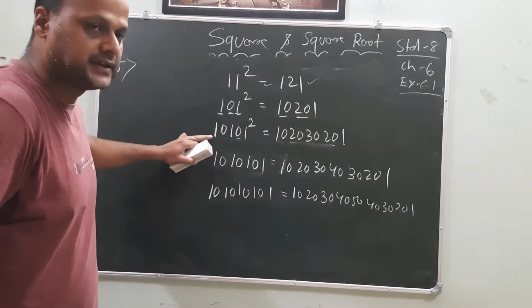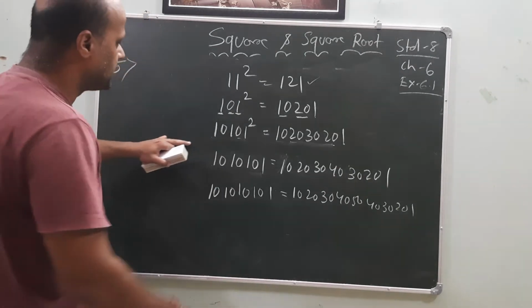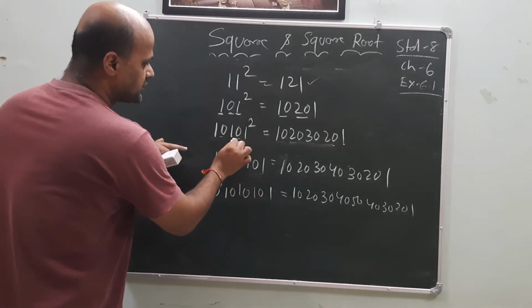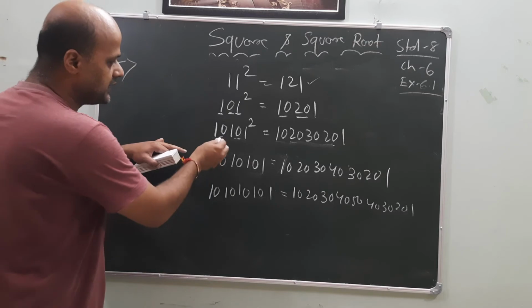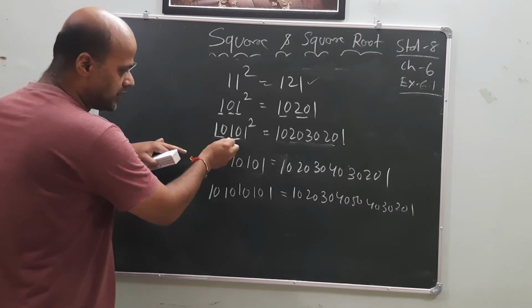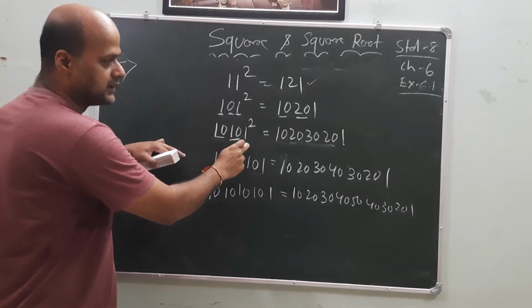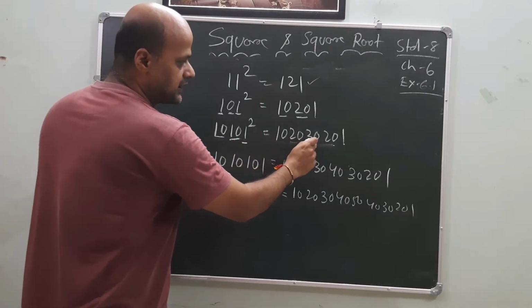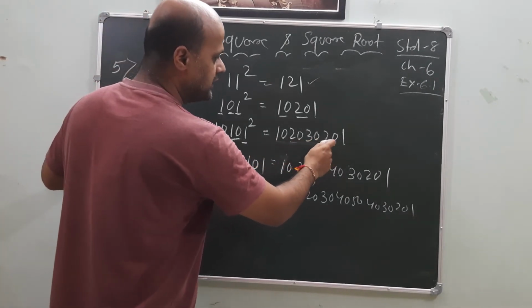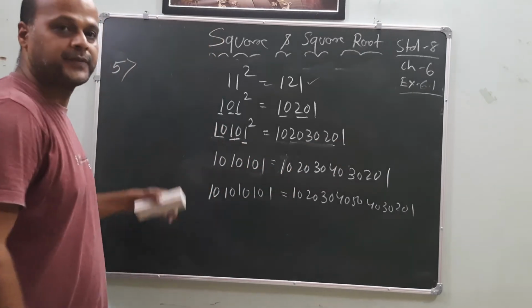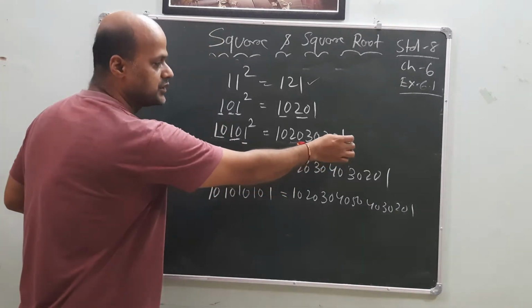But in the third pattern it is changed. Third line it is changed. What is that? How many zeros are there? 2 zeros are there. But here 10, 20, 30. Like this one you have to read it. 10, 20, 30. Reverse. 20, 10. Okay? Understood? 20, 10 means it is 1 it is coming.